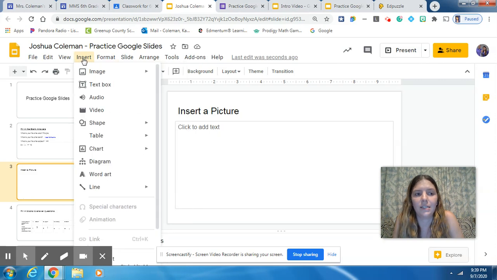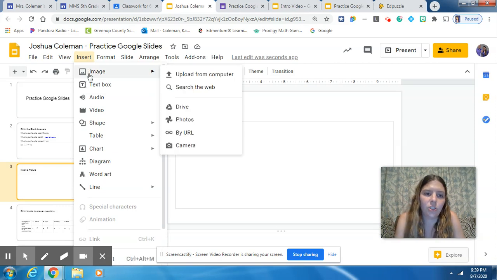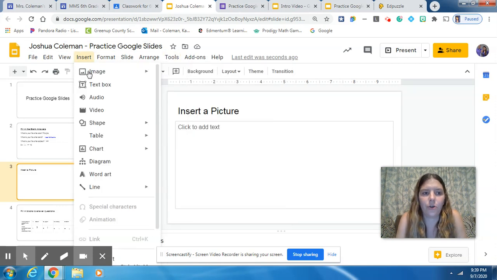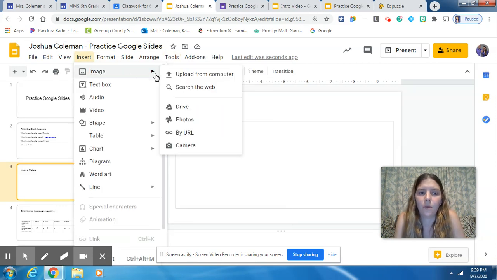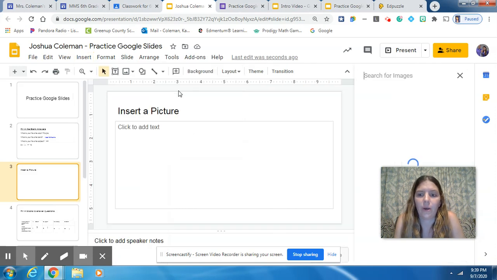So we'll go back to that insert. This insert button is going to be your best friend with Google Slides. So I'm going to insert an image, and you can either upload an image from your computer, which you probably won't have any images in your computer. You can search the web. So if you click search the web,